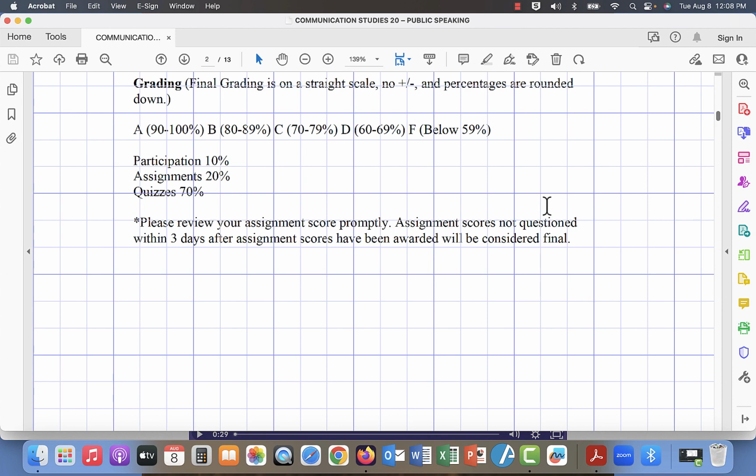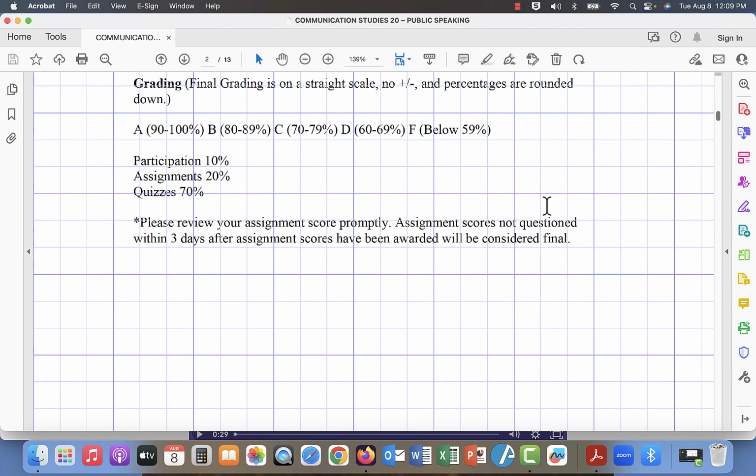The biggest bulk of your grade is 70%, and that comes from quizzes. So we have chapter quizzes, and they usually combine 2 chapters together. The content for your quizzes comes directly out of the textbook. Early in the semester, you will receive a very detailed study guide for each and every chapter that we'll be covering this semester. I need you guys to know that if it's not on the study guide, it's not on the test. So I'm really trying to focus our learnings on core ideas, which will be reflected in our quizzes that also reinforce the student learning outcomes we learned about earlier.